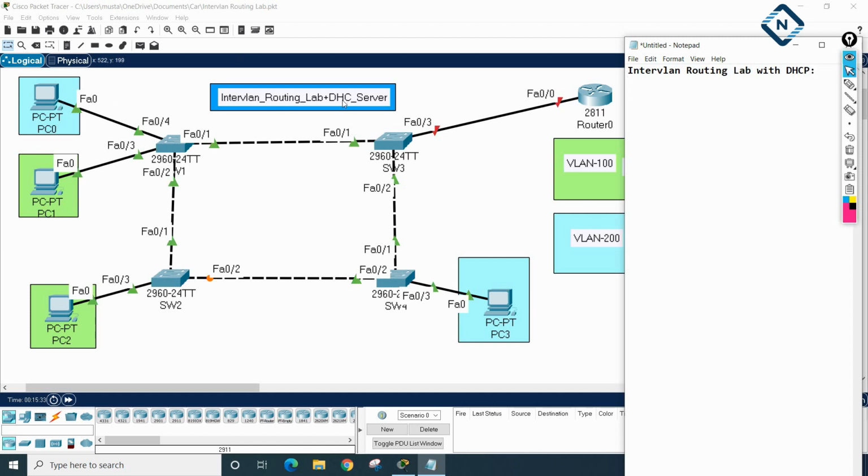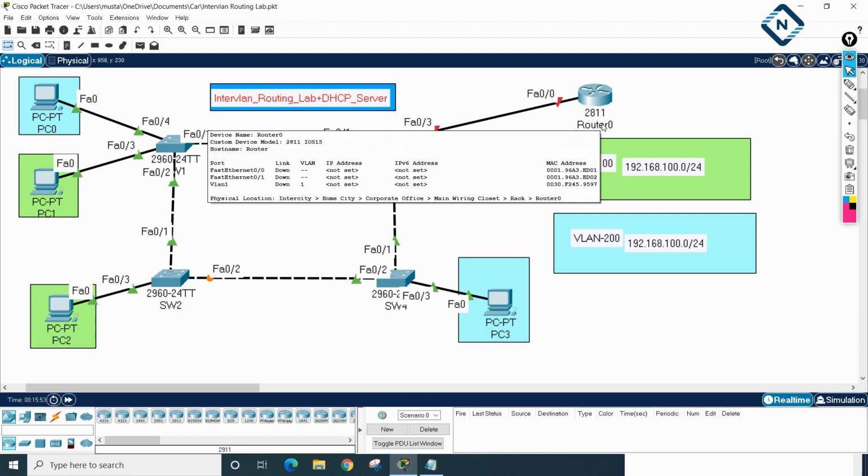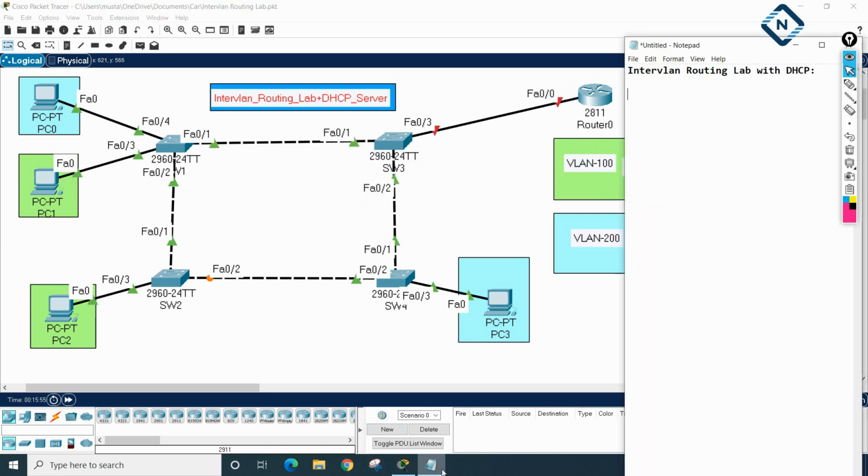Let me correct here, I missed the P in DHCP. Let me make all of it capital letters. So, inter VLAN routing lab plus DHCP server. The DHCP server is nothing but our router only, it is acting as a DHCP server.